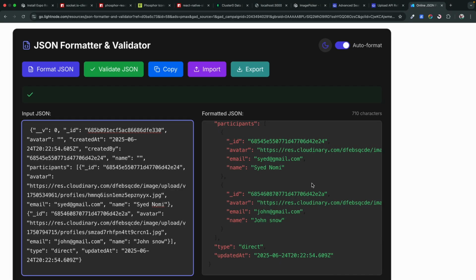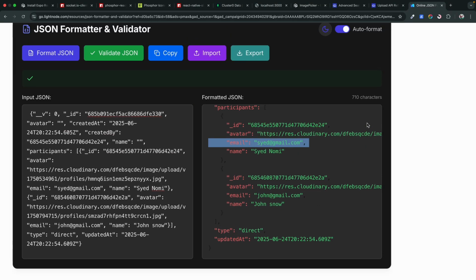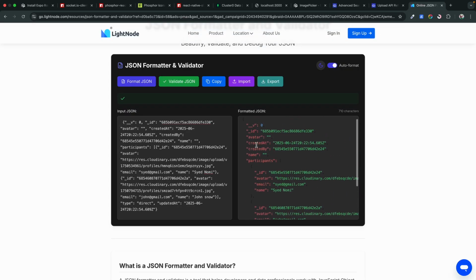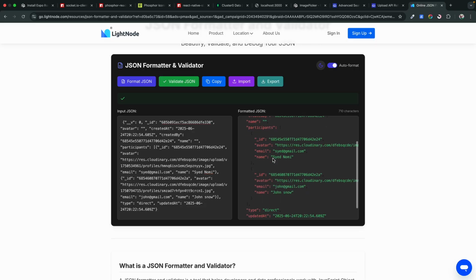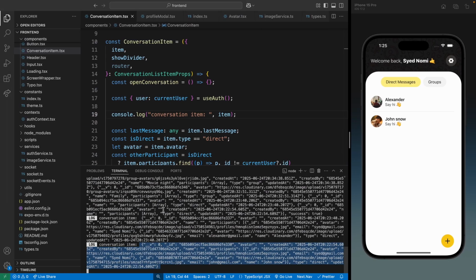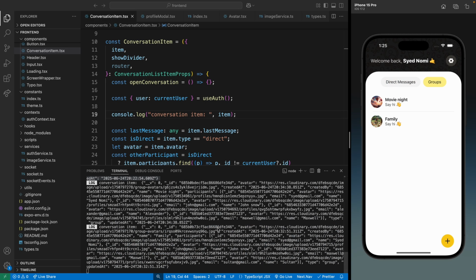If I zoom in, you will see we have the array for the participants, the type is direct, and so here at the top we have the ID, avatar, created by, name, and the participants array, and this is the data for the direct conversation. So if I go to the front end here, if I go to the groups tab, now we have a log for the group conversation. This is the one, so let me just copy this one